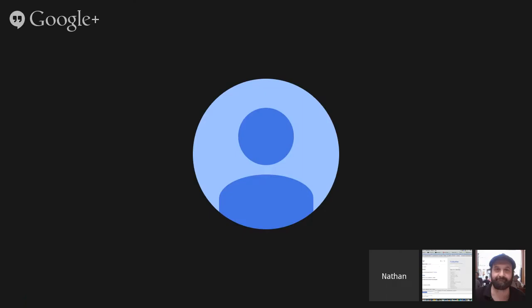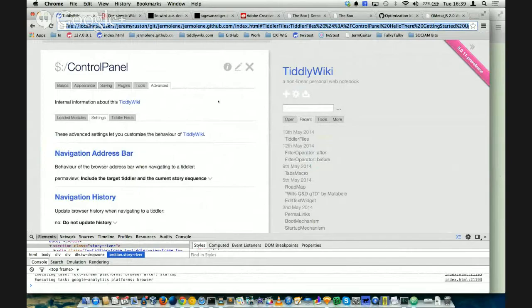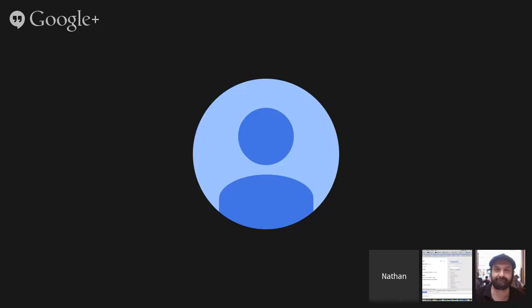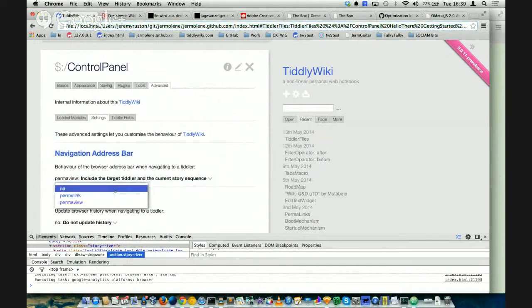So, I would think that would sort of be how I would expect the default configuration to behave. Okay, which would be this permaview setting. But the thing that's very interesting that you made me think while you were saying that is if one was on a browser that hid the address bar, then actually there's no question in my mind that this would be the right setting, because the only downside of this setting is the accumulation of complicated looking gobbledygook